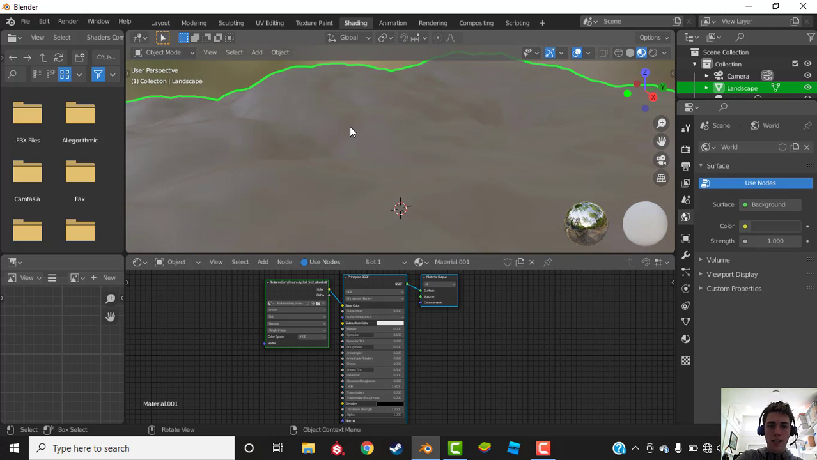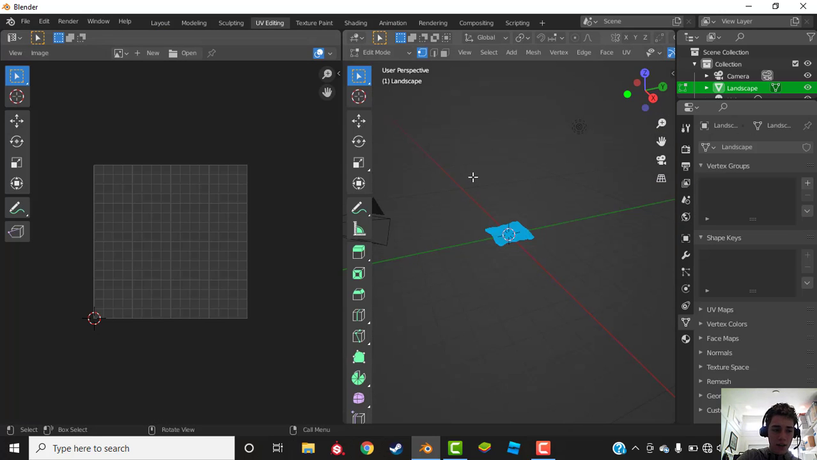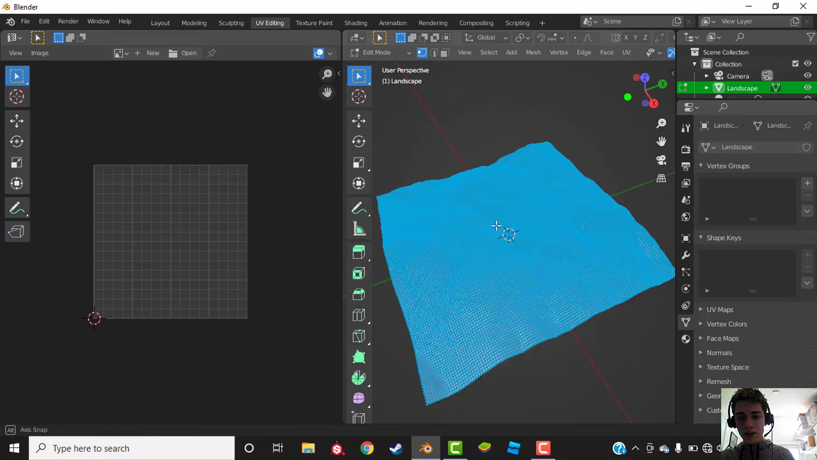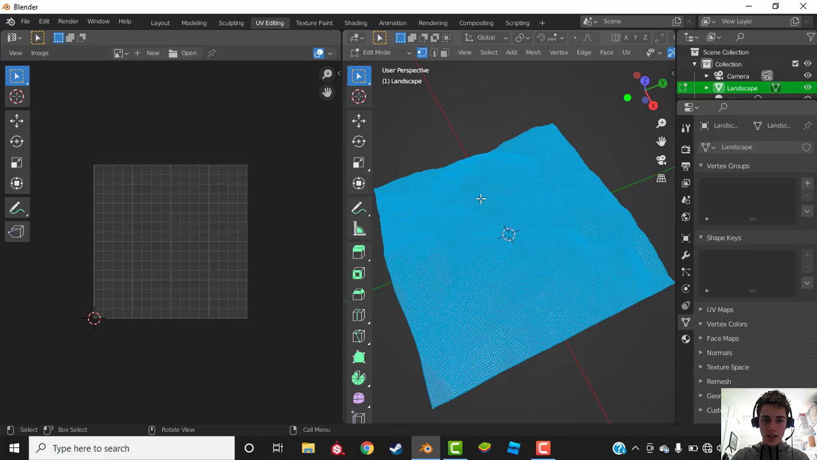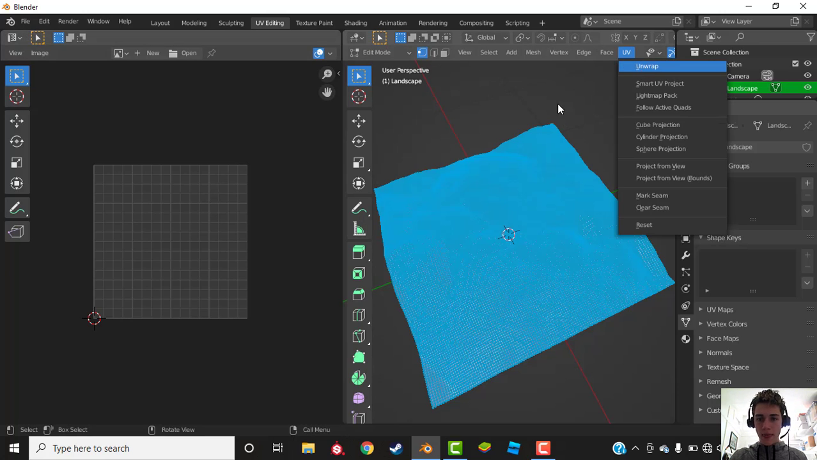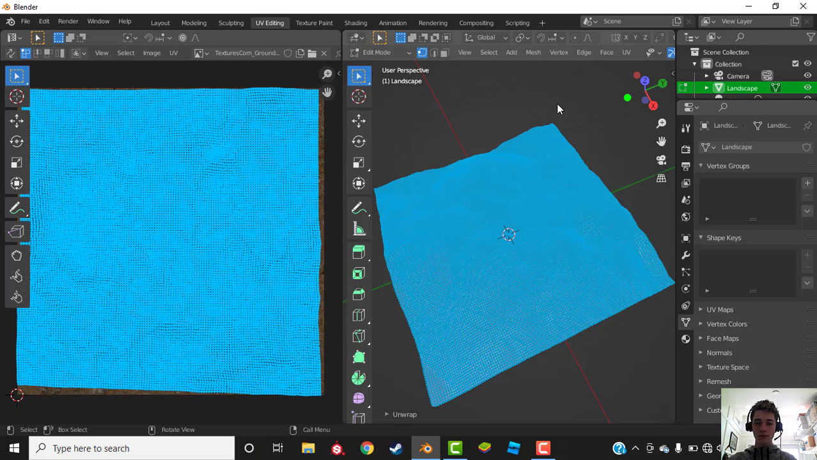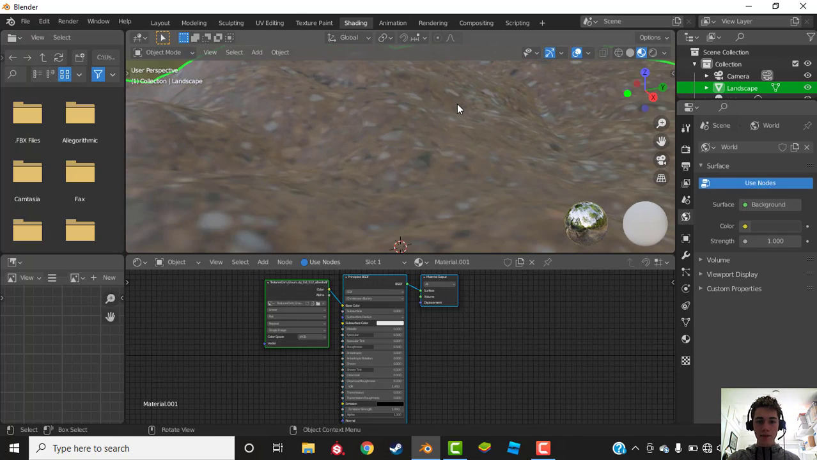The reason for this is because it is not UV unwrapped. And if you don't know about this, I have another tutorial about this, and I'll put the link in the description as well. Basically, this tells the textures where they should be and what the mesh looks like on a 2D surface. So we're going to do UV unwrap, and it's going to take a couple minutes. Okay, now that it's unwrapped, you can go back into the Shading tab and see we have our dirt texture